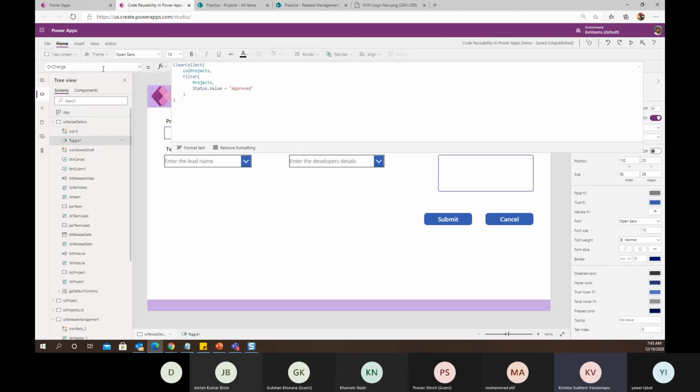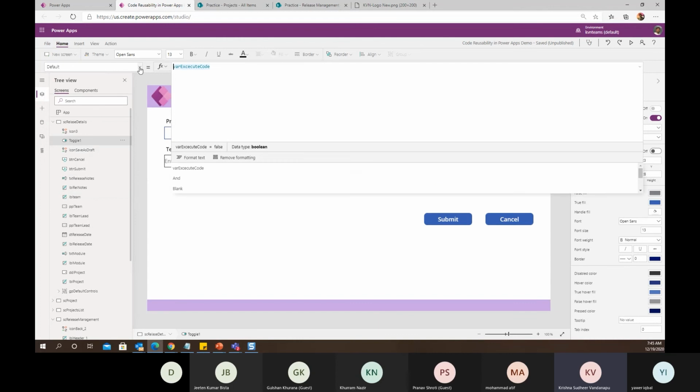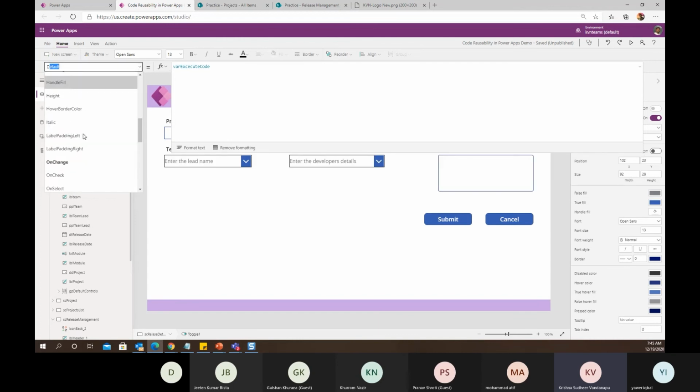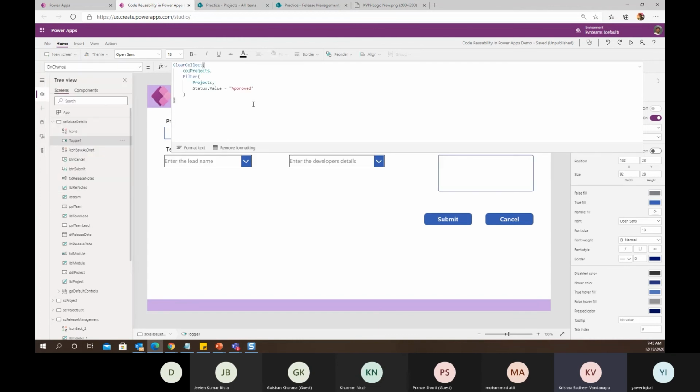I have set the flag value as a default, and then on change of this toggle control, I am creating this collection.